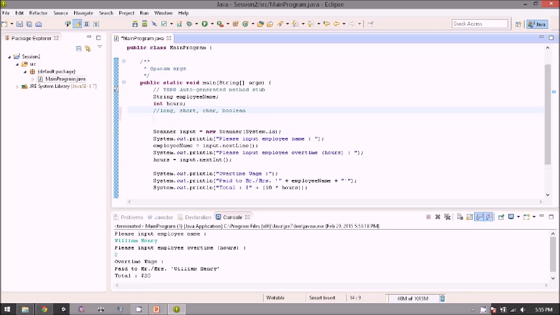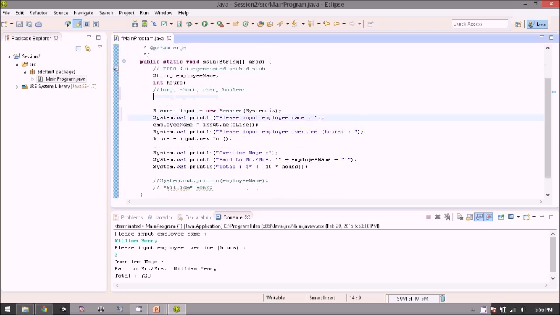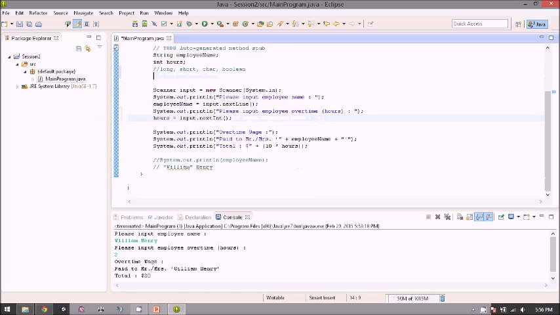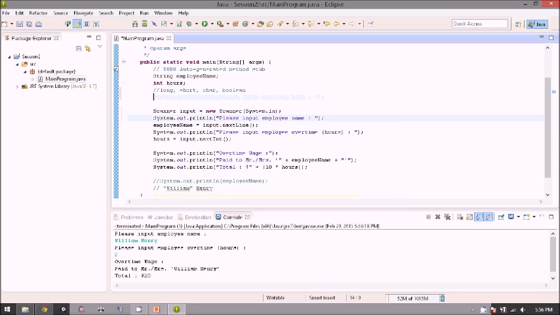Okay, and next, after the data types, this is the template. If you want to create a variable, you just need to type the data type first, data types or class.